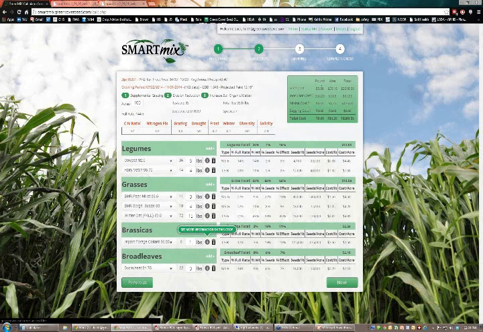If we look at our cost, our seed cost, just the seed alone, is $30 an acre. The inoculant is 88 cents. The mixing cost is $1.75. So the total for this whole mix would be $34 an acre. And then as we look at these numbers over here, these give you just some benchmarks that you can compare one mix that you're working on with another.